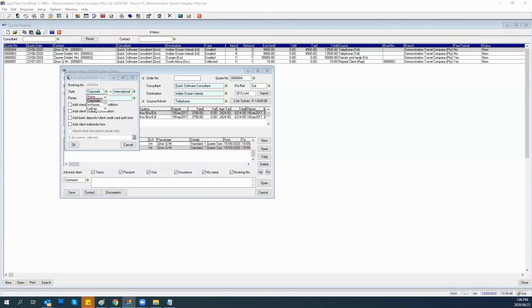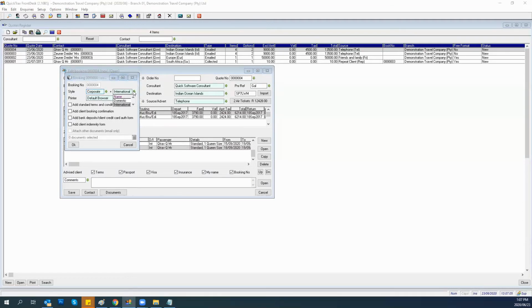And it does change the style slightly. Not too much, but leisure will be a bit more informal, so it won't be as structured. Go and see which one you like. If you have a corporate policy in place, then obviously stick to whatever your office is wanting from you, but